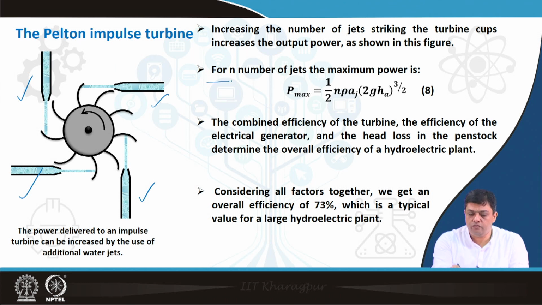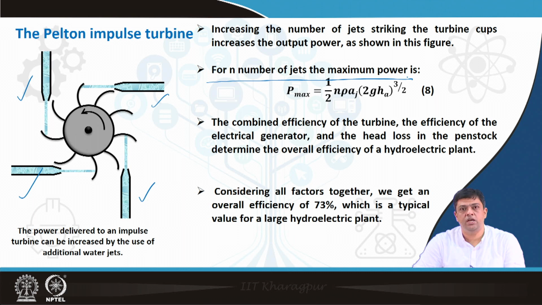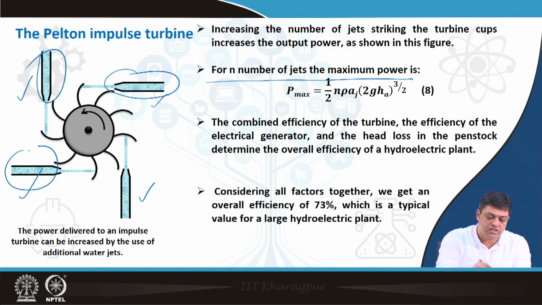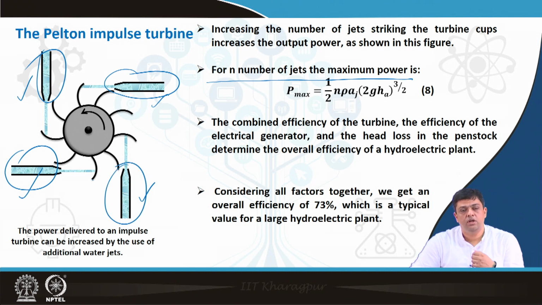So, if you have n number of jets hitting the cups, let us say 4 in this case, then the maximum power which can be extracted is given as half into n, and the rest of the terms remain the same, that is rho A j twice G H A 3/2. The combined efficiency of the turbine, the efficiency of the electrical generator and the head loss of the